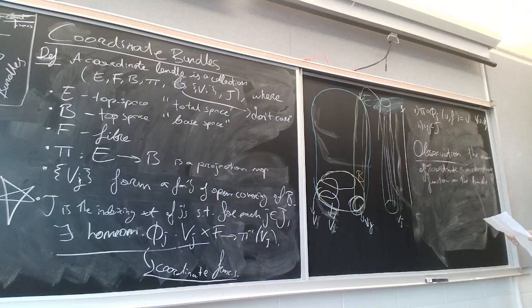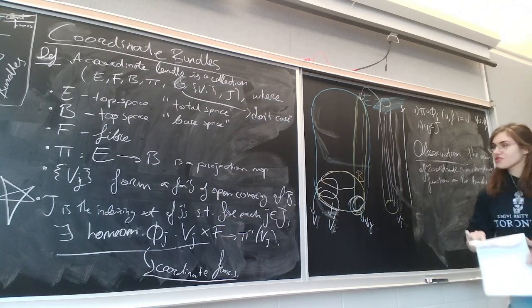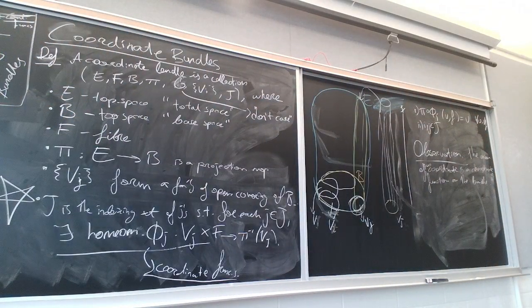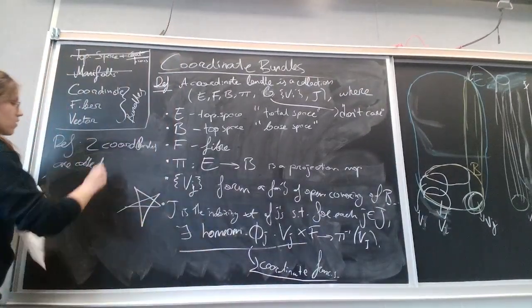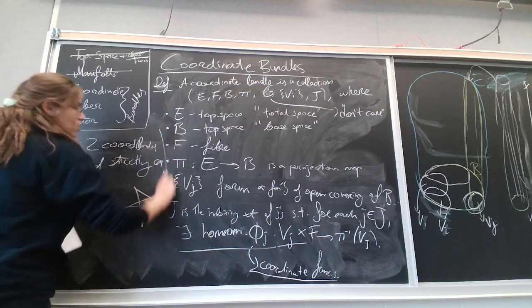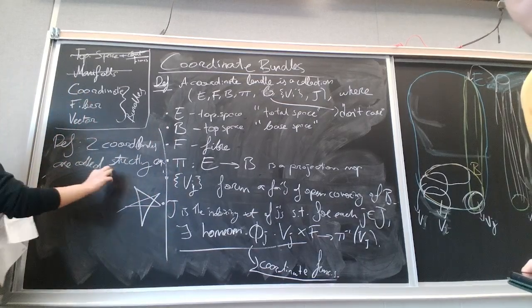Should I say this? No, I'm not going to say this. Maybe I should say this verbally. So okay, let me write it here. So, two coordinate bundles definition. Two coordinate bundles are called strictly equivalent if